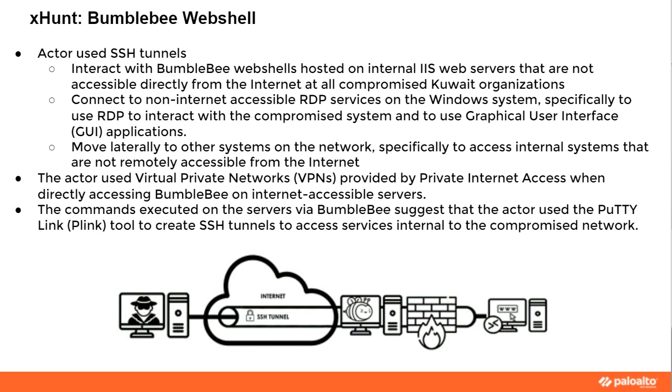Another interesting point is that the actor used VPNs provided by a very popular public VPN provider called Private Internet Access. That's what the actors leveraged to connect into Bumblebee web servers, primarily to hide their source IPs. This isn't necessarily a new activity that we've witnessed with actor groups, but it's interesting because they used a rather well-known provider to access those web shells. And what that's intended to do is throw off the scent from a forensic investigation or an incident response process on that specific compromised box.